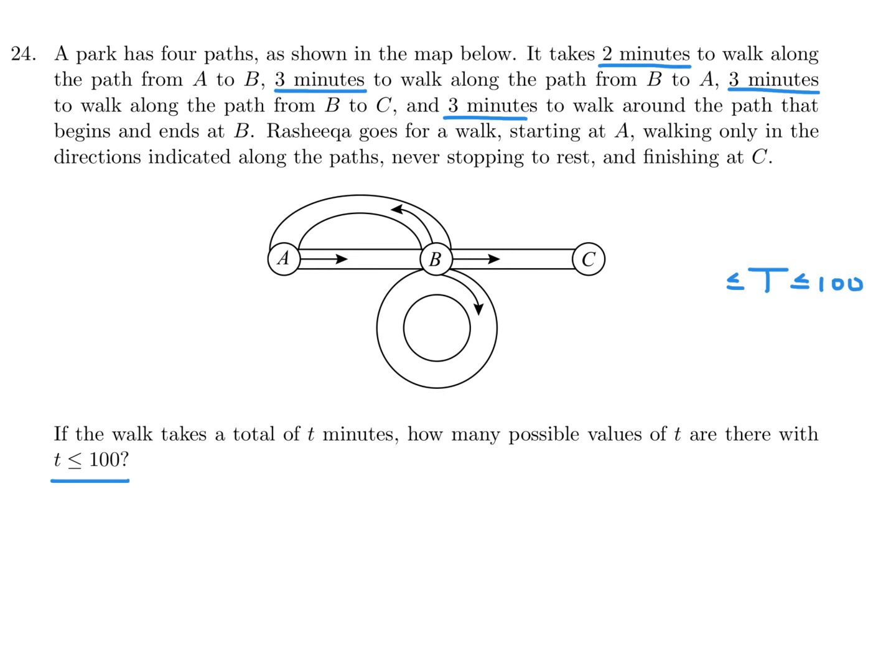So let's label them. A to B was 2 minutes. 3 minutes to walk from B to A, so that's 3 up there. 3 minutes to walk from B to C. And 3 minutes to walk around the path that begins and ends in B, so that's 3. So the shortest is directly going from A to C, starting at A and finishing at C. So the shortest would be 5 minutes. So 5 is the lower end of the boundary, and that's very important. I'm a little surprised they didn't mention that 5, maybe because they wanted you to figure it out, but